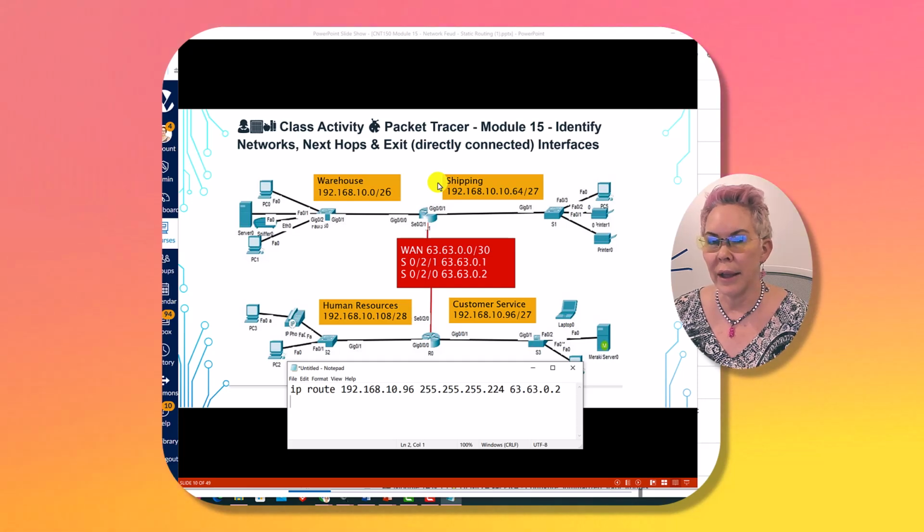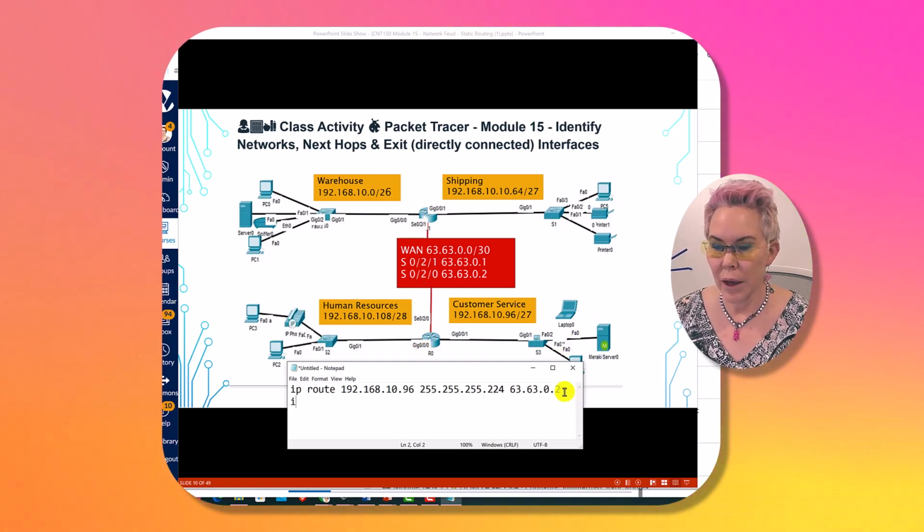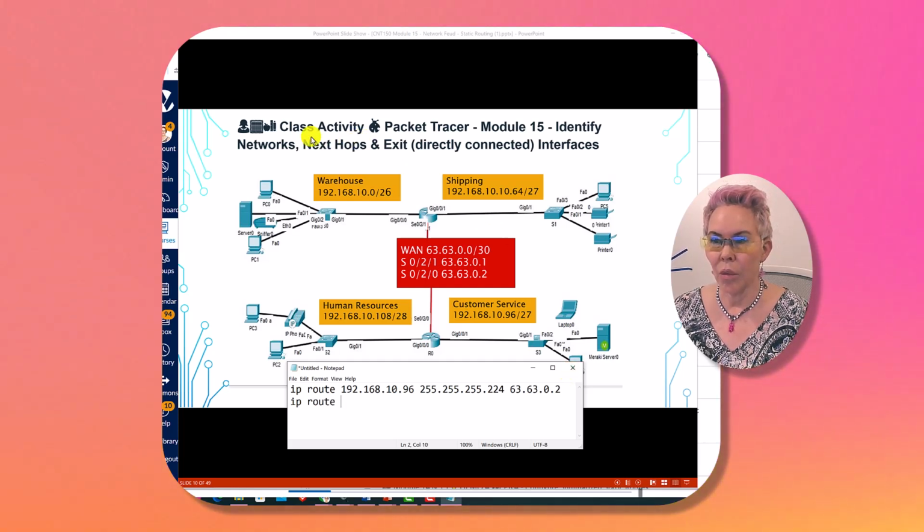Let's look at an exit interface static route. This time I will go from the warehouse over to customer service. It doesn't matter that I'm going from the warehouse because it is the router that does the work. Okay, this router is going to do the work to get that packet over to customer service. IP route. Now, where do we want to go? Well, I want to talk to customer service. The destination network is the